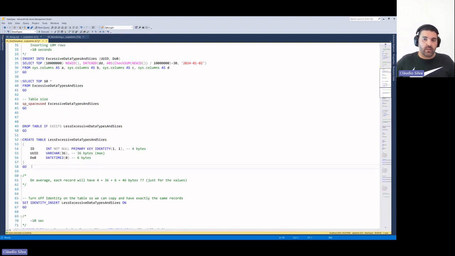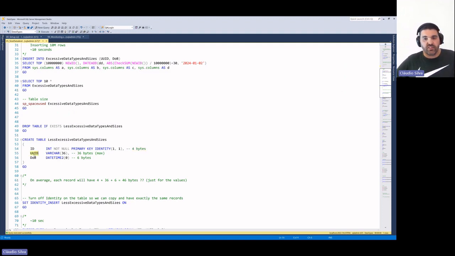But now let's say that I'm not that greedy and I can fine-tune my data types a little bit. I will use less excessive data types. When I have an ID, I'm not using a bigint, but an int. Again, your mileage may vary, but for the example, I think this is a good way to see it: an integer only occupies 4 bytes.